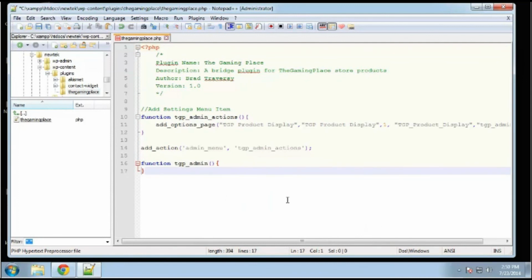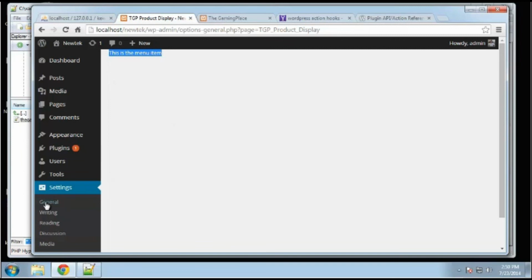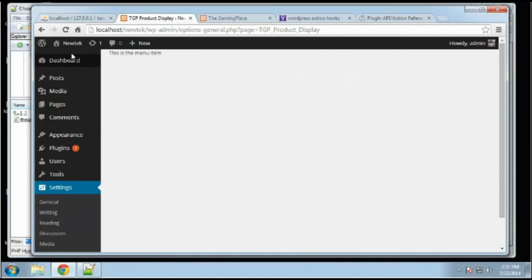So for right now, let's just make sure that this works. So I'm just going to say echo, this is the menu item, and save. And if we go back to that page and reload, we get our text. All right, so we've successfully added it to the menu. We have our page. Now we just got to work on creating the form for our options for this plugin, and we will